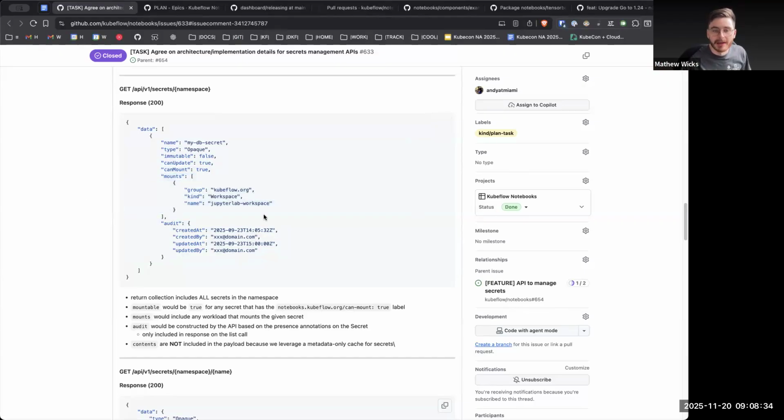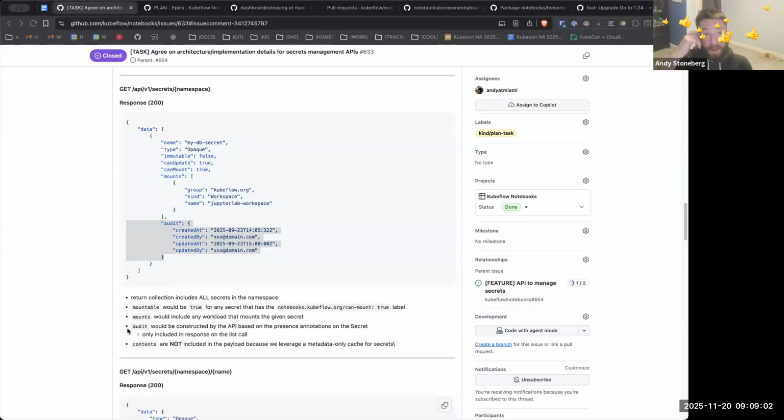My definition of minimum integration is that all of the fields that are presented by the backend, including audit, probably are actually served to the front end, even if they're hidden behind a random three dot click or something. Then users can say, hey, it would be better if this was like this, because otherwise the user just won't even know that there is this information surfaced. That sounds very reasonable to me.